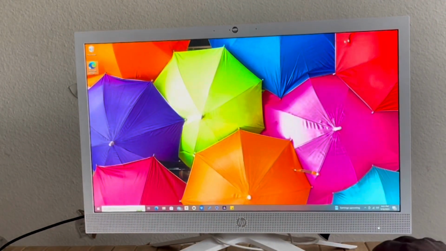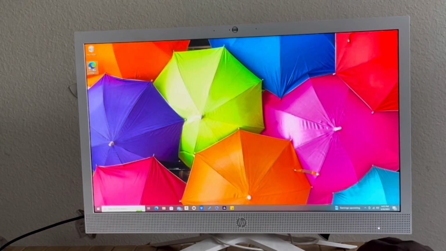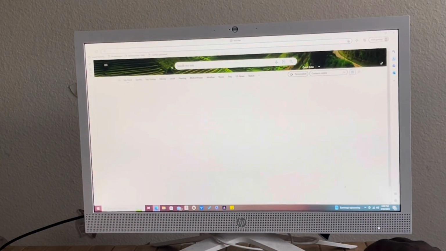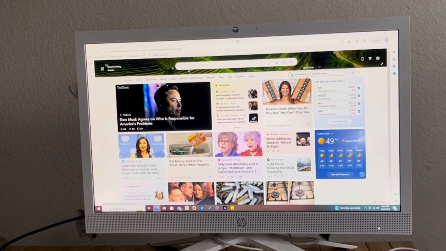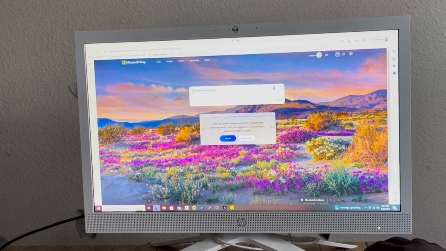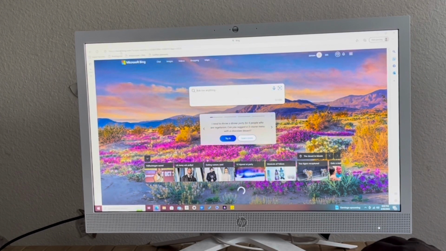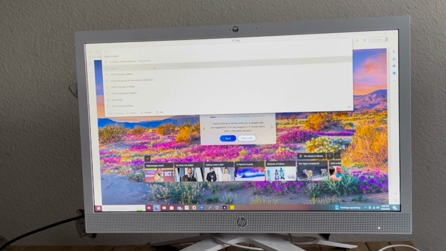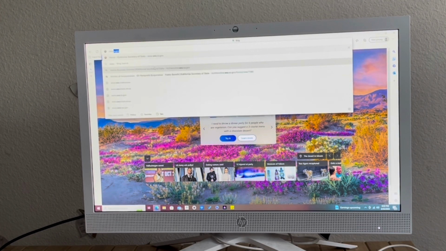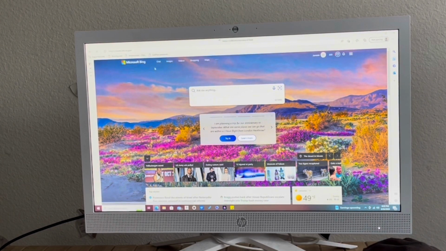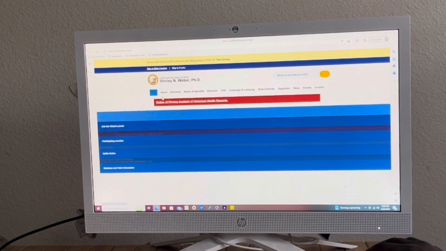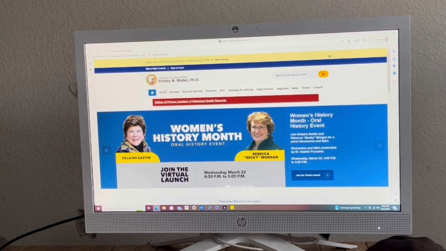First, we'll open up the web browser, and then we will go to sos.ca.gov, and that'll take us to the Secretary of State website, and this is Shirley N. Weber. You'll see a bunch of links here. What you want to do is click on business,